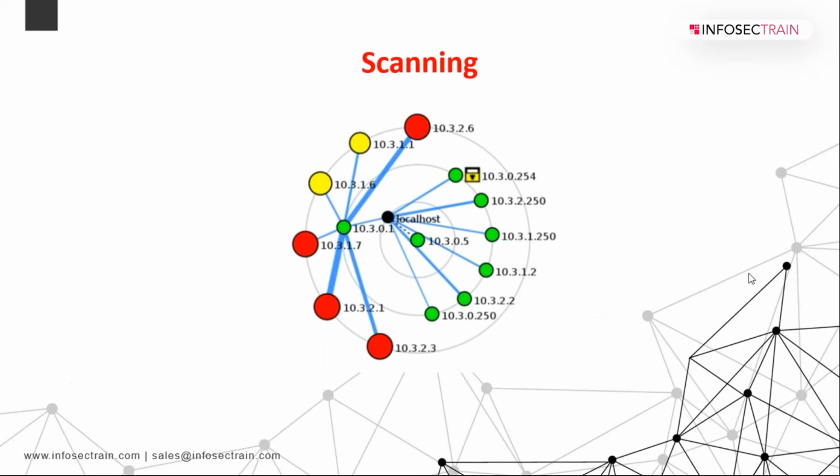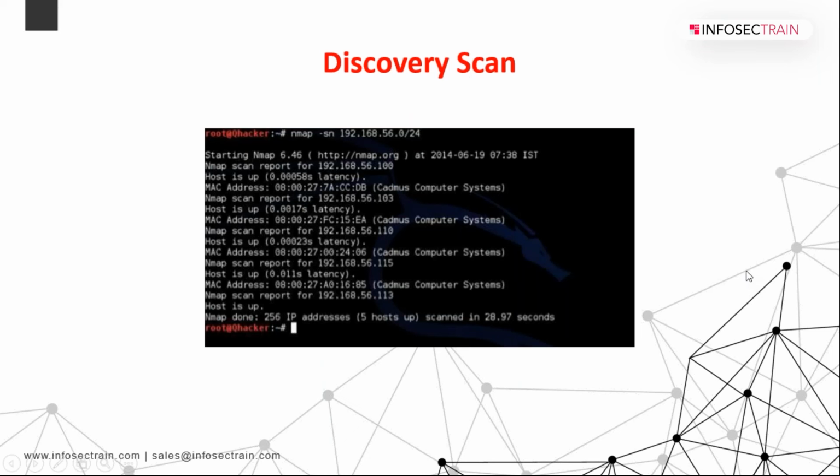Then what we do, we have discovery scan, like nmap -sn, and we are just mentioning the IP and the whole range of it. So it will be doing what? You can see it's a least intrusive scan, like a ping sweep. It is used to create a network map to show connected devices in the architecture. It will be showing you all those IPs which are connected in that architecture, or those which are live right now. You can see number of IPs are being listed here, right?